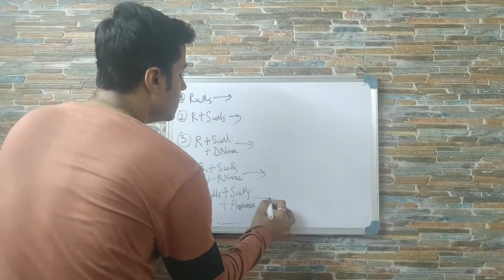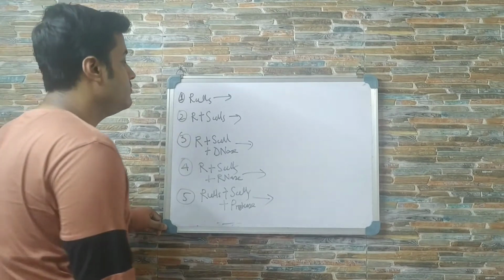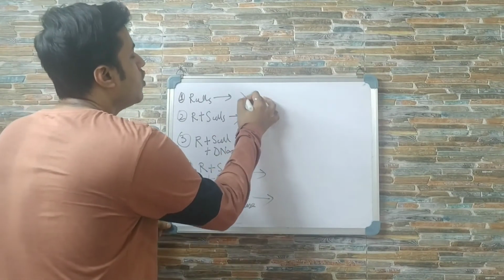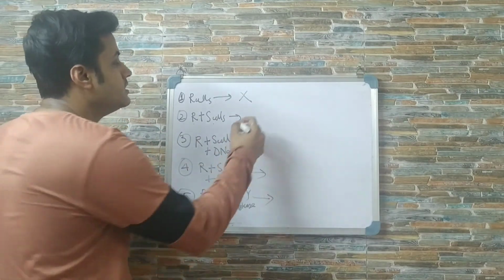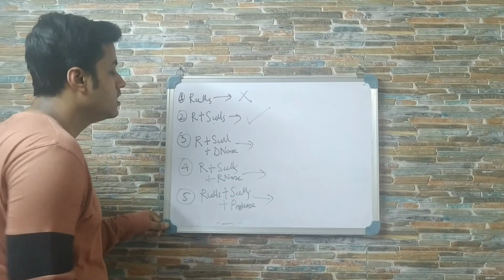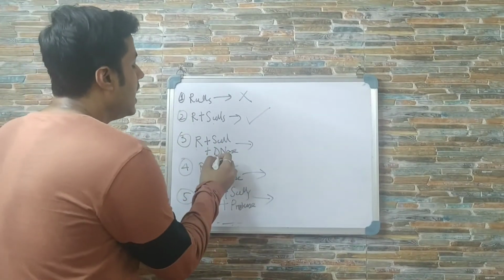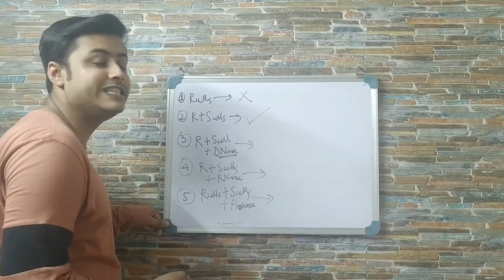Now what they observed? They allowed incubation for sufficient time to see if there was transformation or not. In R cells, there was no transformation. In R plus S cells, there was transformation. When R cells and S cells were added together and added with DNase, which is an enzyme which destroys DNA, there